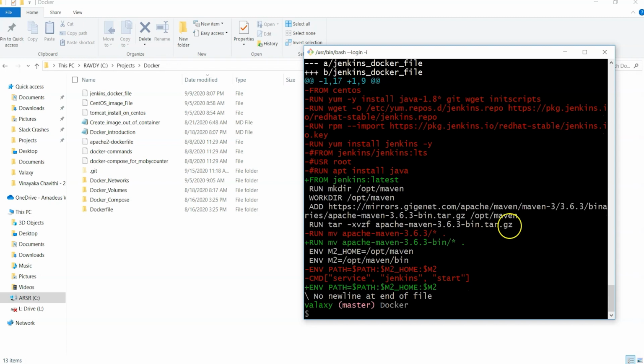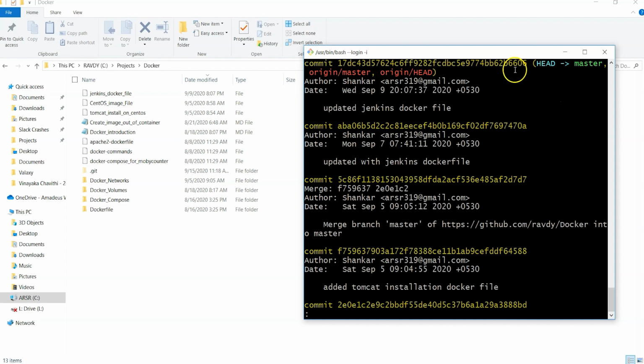Now let me quit. Now we are going to compare the same changes in the other way, that I'm going to show you. That is git log, right? If I execute git log, this is the latest commit, and head is pointing to this one. In most cases you can see head is pointing to the latest commit,